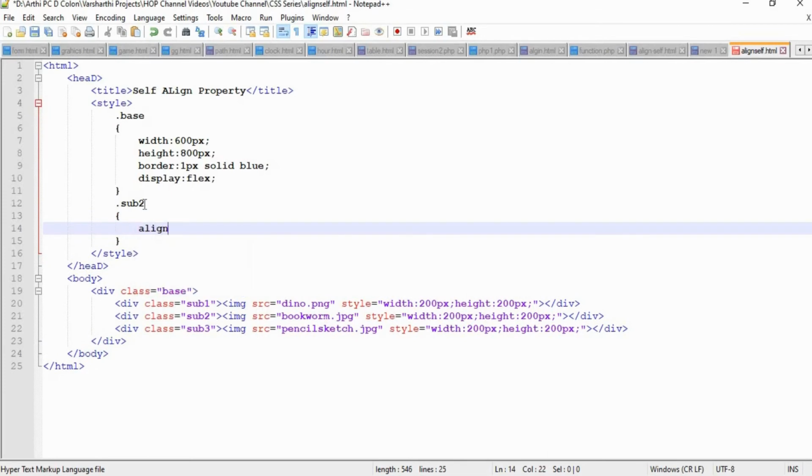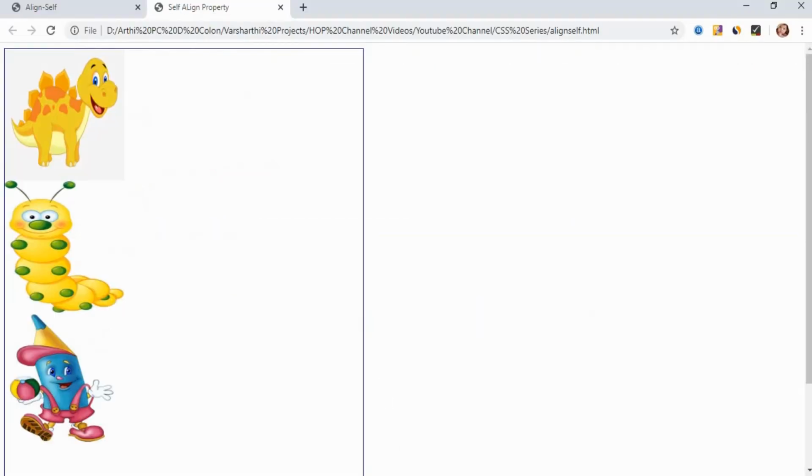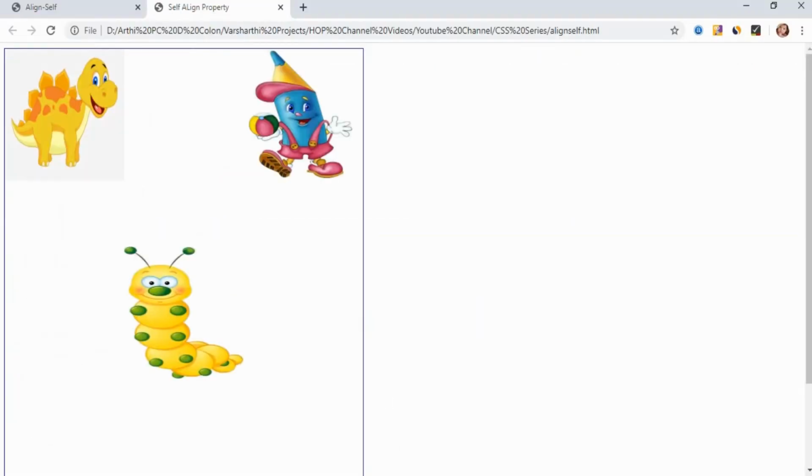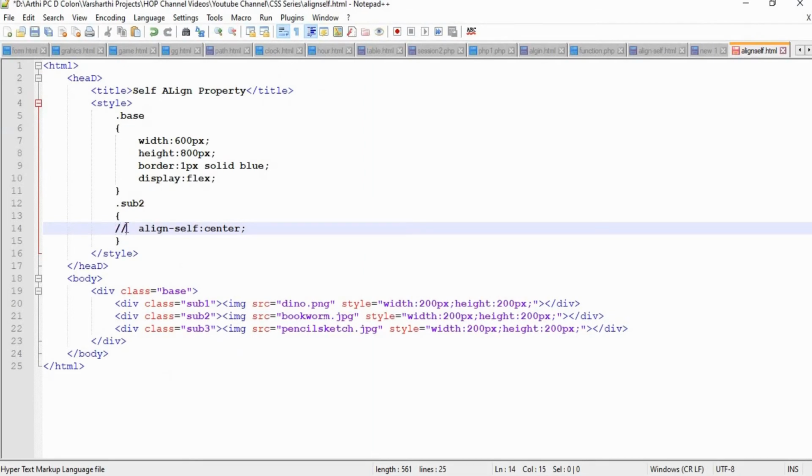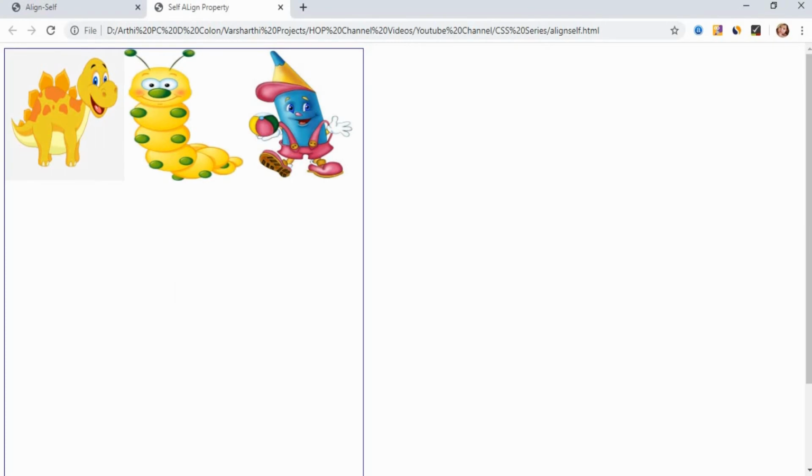So let's assign the align self property to center, right? So now save the program and run it, so you can see the difference. Immediately after we are giving flex, I'm just removing this align self property here, and you can reload the program, right? So this is the exact output when we apply